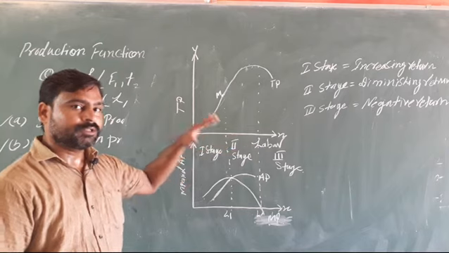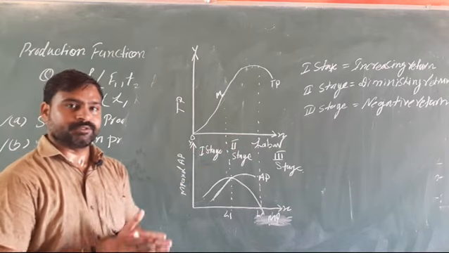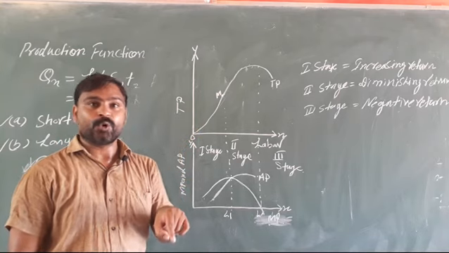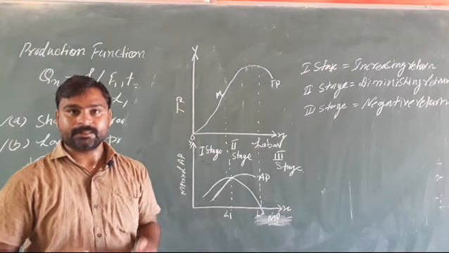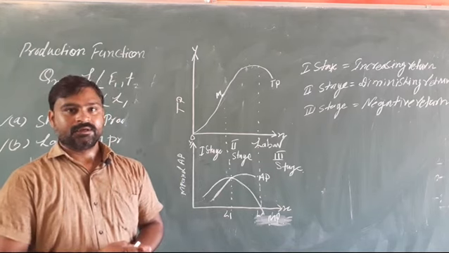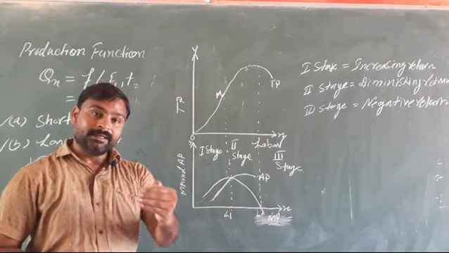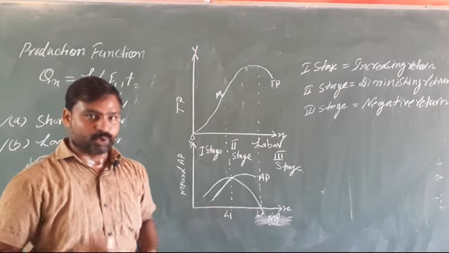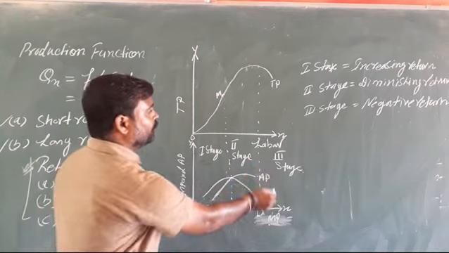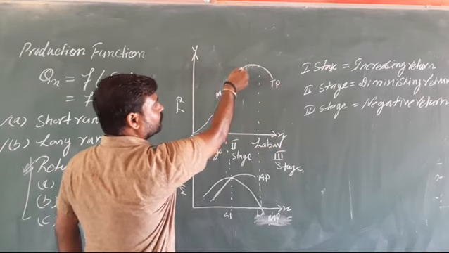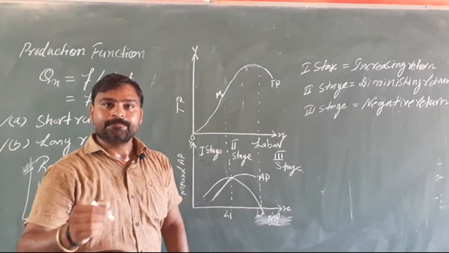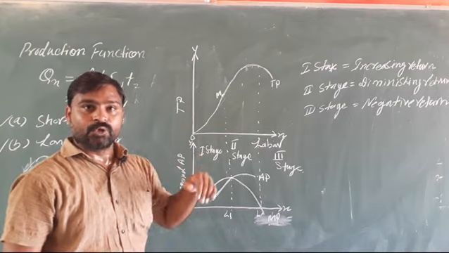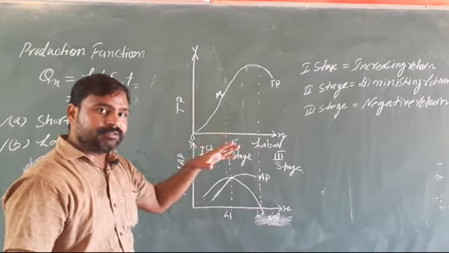Now first we will talk about the third stage. A rational producer, when an increase in labor decreases the productivity of the production unit, would like to decrease the variable factor of production, or we can say labor, to increase the productivity. So a rational producer will decrease the labor and start coming into the second stage to increase the productivity. This means a rational producer would not like to operate in the third stage.